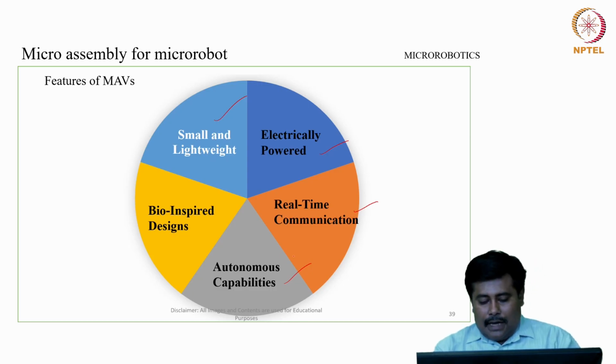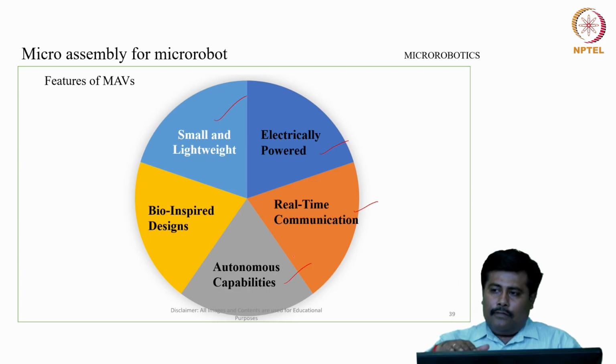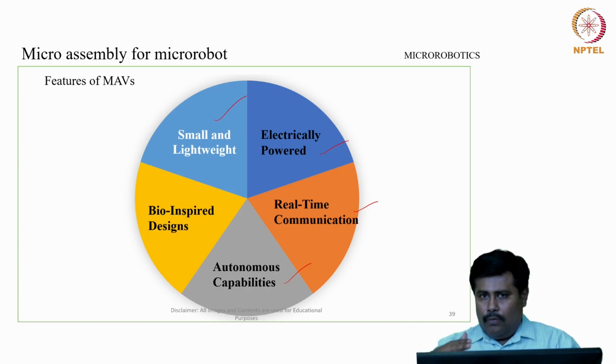That is, in some cases they may need to work in a group, or in some cases they may need to form a swarm. In some cases they should have an autonomous capability in such a way that their feedback can move them in an appropriate direction so that they can have a motion. So ideally, when you closely observe these features, they play a vital role towards the development of this system. Especially if I try to converge this,